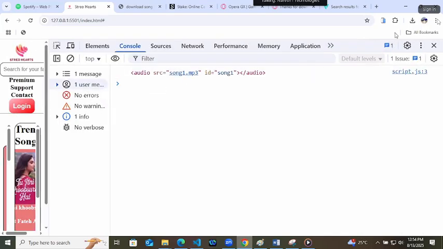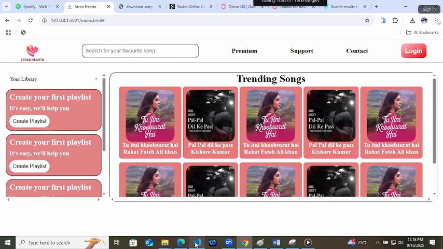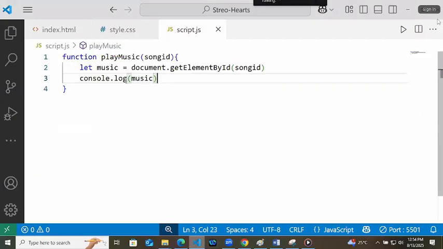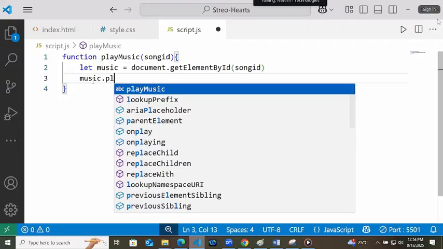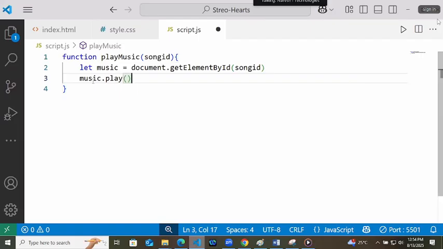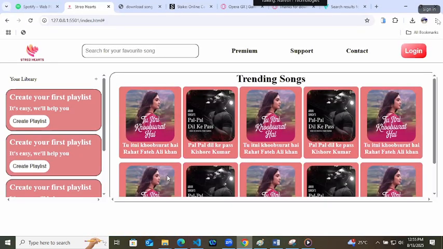Same audio. Simple. Now what I will do is, instead of printing it, I will say music dot play. Music dot play. Okay. When we are writing music dot play, online people will not get my voice for a while.